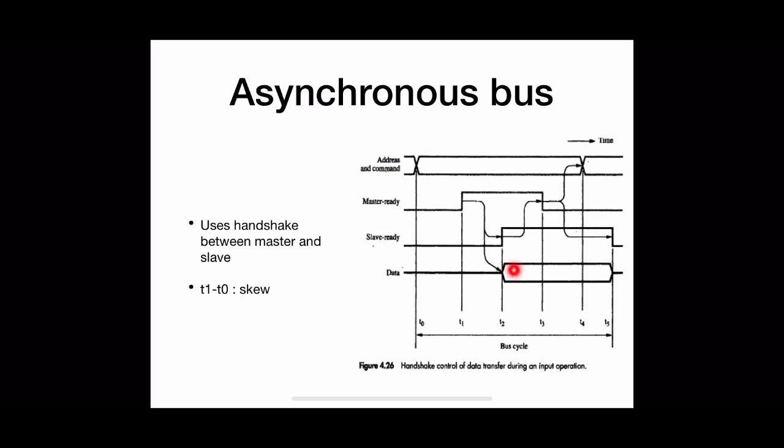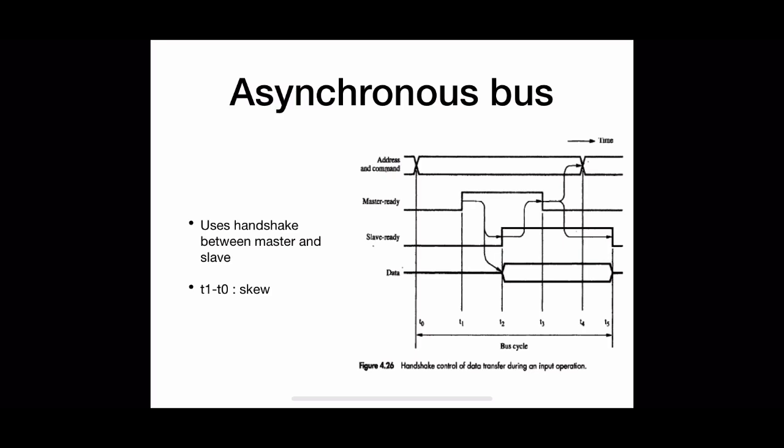At time t2, the selected slave, having decoded the address and command information, performs the required operation, that is, it places the data on the data bus from its data register, and at the same time it places a slave ready signal on the control line to indicate to the processor that it has done so. And if the device interface circuitry incurs any type of delay in placing the data on the data lines, it should delay the corresponding slave ready signal accordingly. The slave ready signal is received by the master at time t3. Now you can see that the slave is not bothered about any type of skew, that is, it places both the data and the slave ready signal at the same time on the bus. So the processor should be able to cope with any possible type of skew.